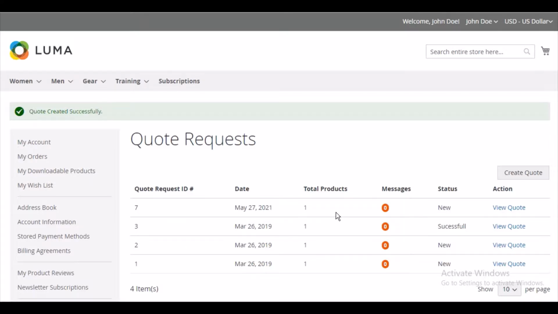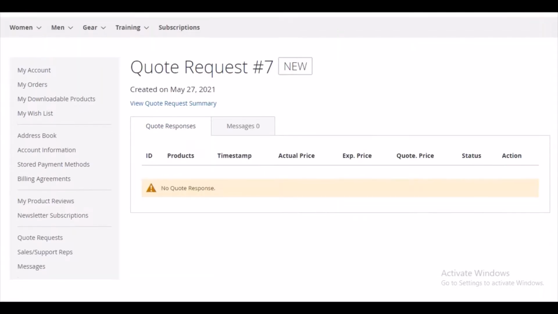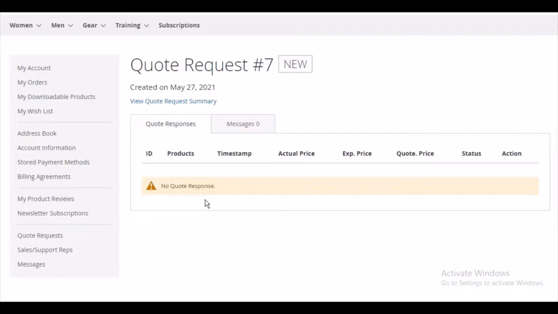Now this is a table displaying the details of the quote which the customer requested, which shall appear as the quote is sent, as shown. So on clicking on the view quote button for the respective quote ID, the quote details shall appear. So here you can see that now this message is no quote response. This is because the admin has not responded to this quote yet. So for that we need to move to the admin panel